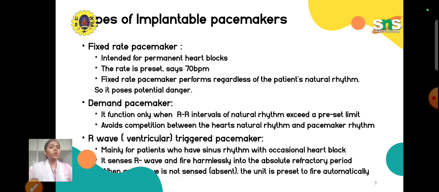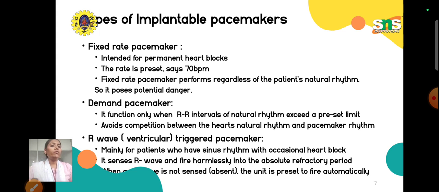In external pacemakers, we have two major classifications, right? One is the fixed rate pacemaker, another one is the demand pacemaker. The same thing here also, we have two classifications: one is the fixed rate pacemaker, another one is the demand pacemaker. In the fixed rate pacemaker, it is mainly used for people who have a permanent heart block, because